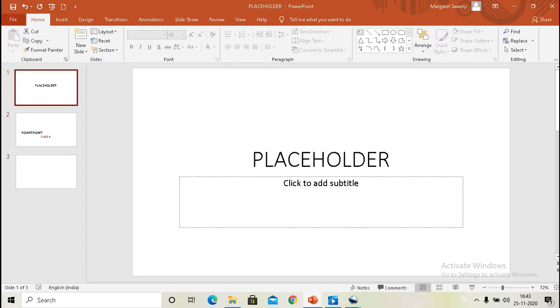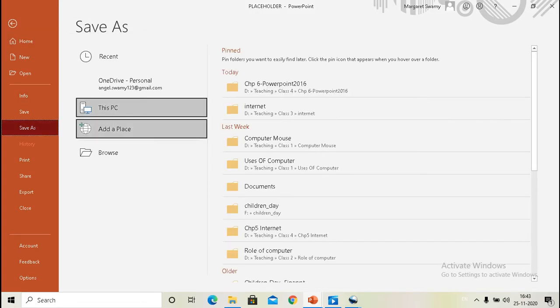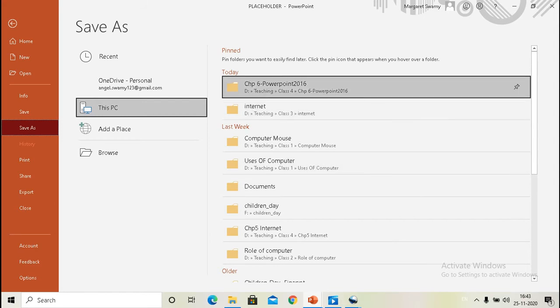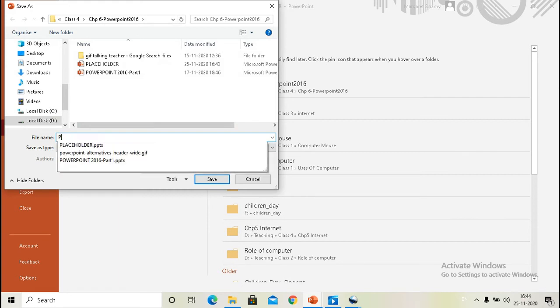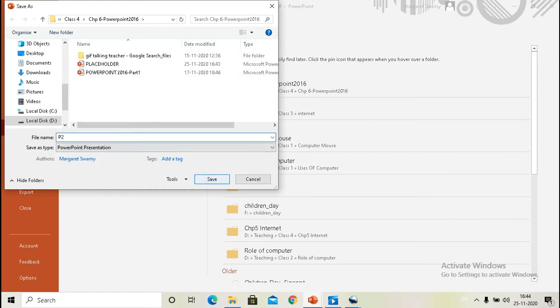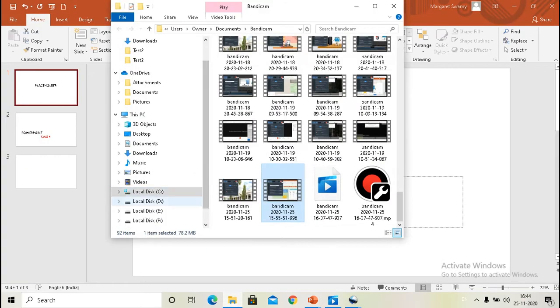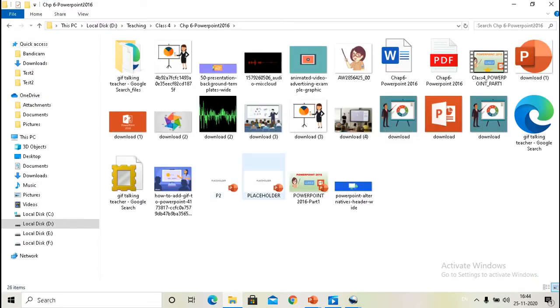If I want to change the name, I will go to the File tab and select Save As, choose the folder where I want, type a name like P2 and click on the Save button. Now we will see where the folder is. It is in D. Now you can see the folder is here.